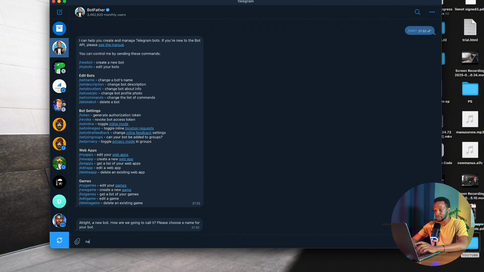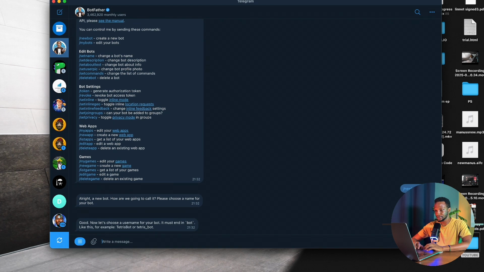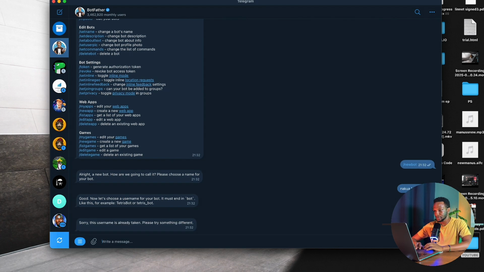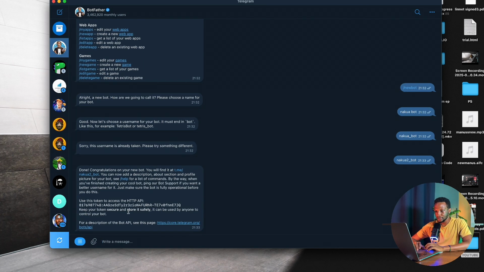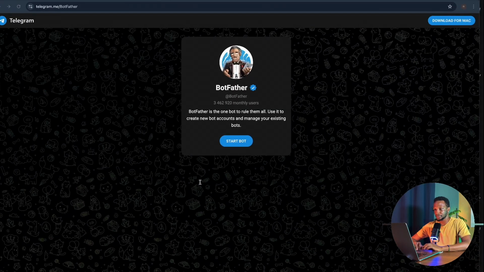Let's name the bot Nakua bot, and the username Nakua2_bot, and then it will give us this unique key. Copy it here,